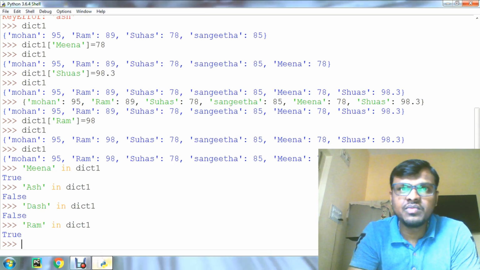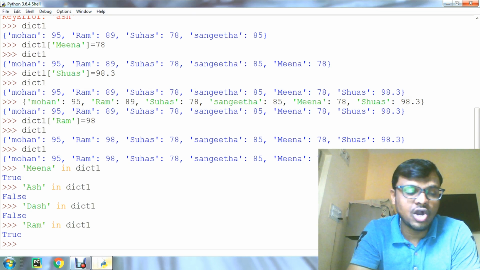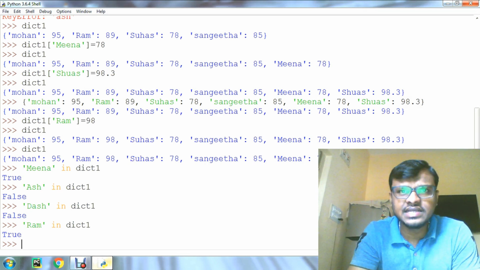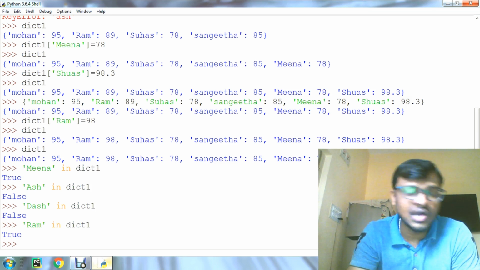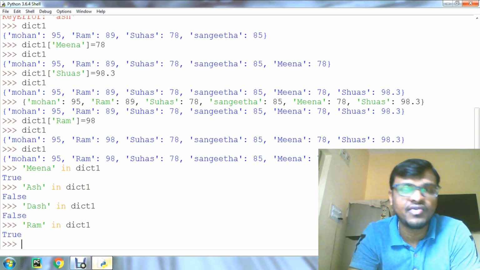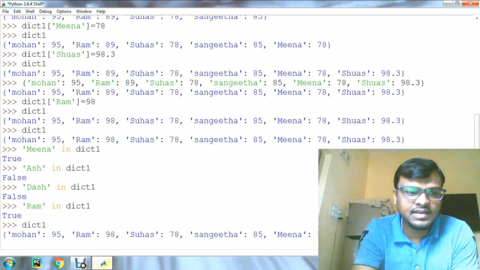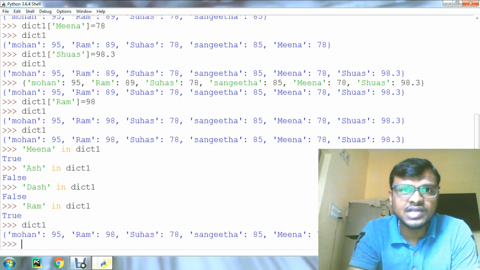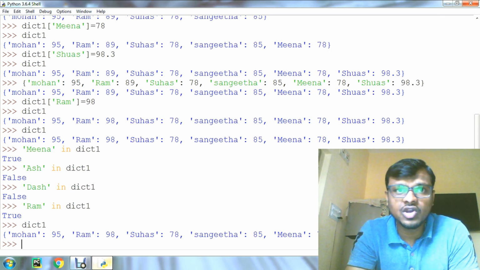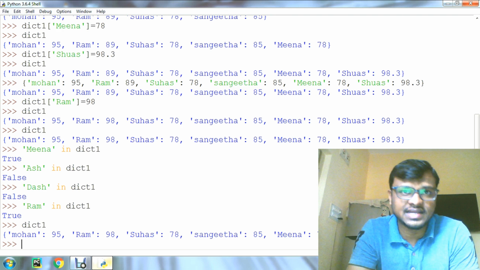Well guys, we'll move to the next concept called traversing a dictionary. We can access each item of the dictionary, or traverse a dictionary, by using the for loop. For example, we have the dict1 elements like this. I want to traverse. We can traverse the dictionary by using the for loop in two methods.